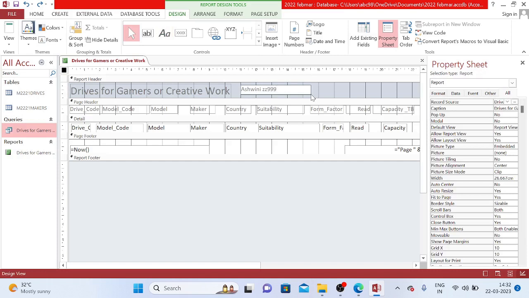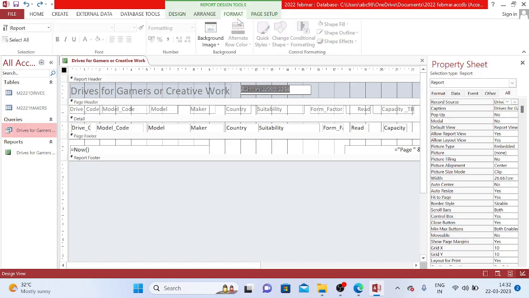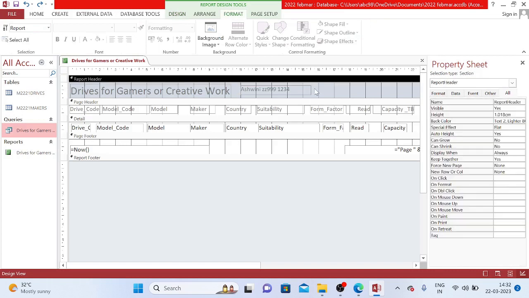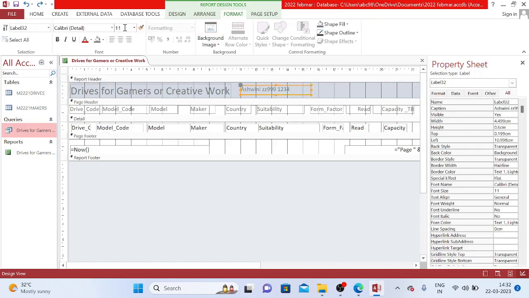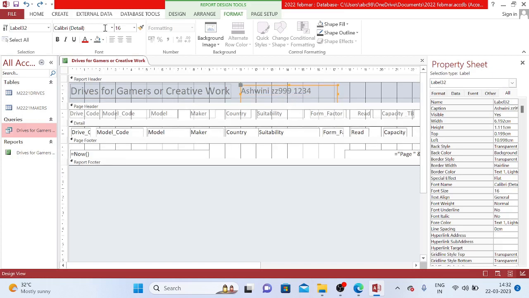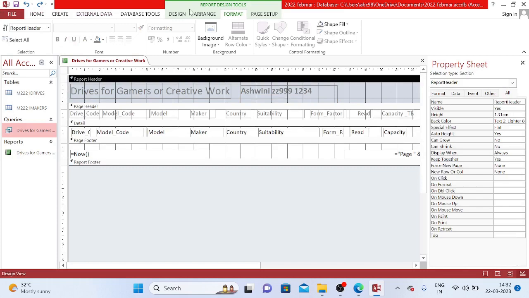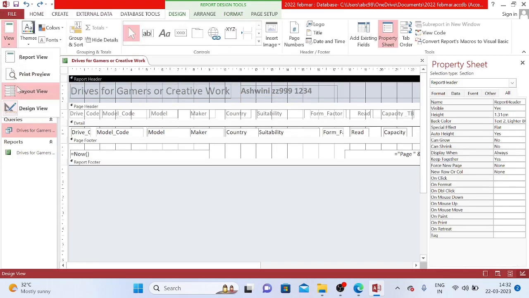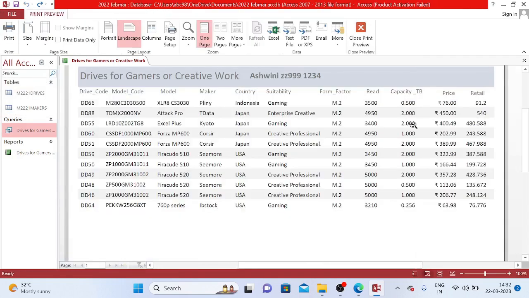Suppose you can format it to make it clearly visible. Format tab, select label and then increase the font size. And you can even make this bold. Done. Now view this in report view, or you can even check the print preview directly to see how your